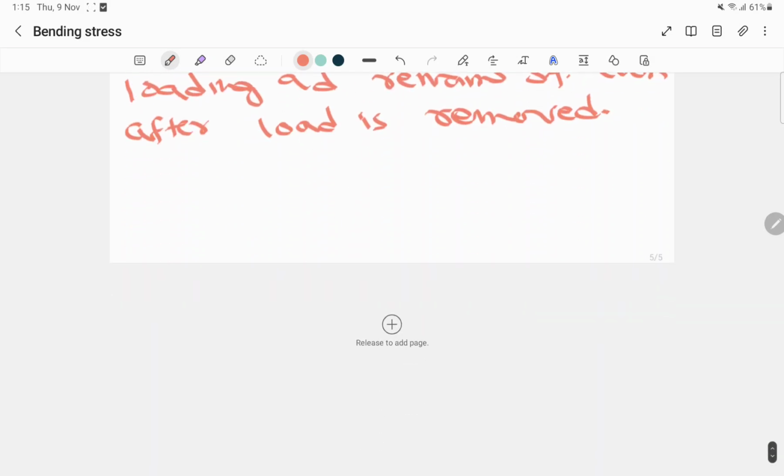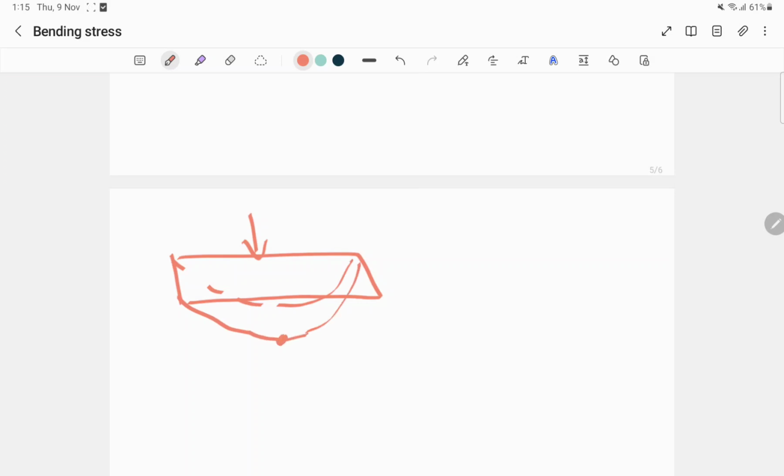This means, see, suppose this is a beam and we are applying a load over this beam, so it will deform like this, but the deformation should not be a permanent deformation. So what happened, when we remove this load, it will come back to its original shape and size. Okay, so now the assumption number 3 is